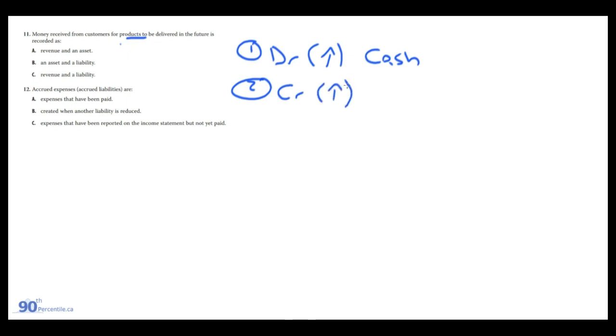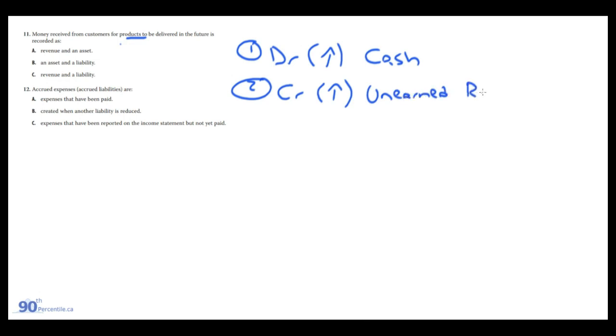Money received from customers for products to be delivered in the future is recorded as revenue and an asset, or an asset and a liability, or revenue and a liability. So what's happening here? We're receiving cash in advance so we can work out the transactions. And the first thing we're going to do is debit or increase cash. And then because they're paying in advance for products, in this case, that haven't been delivered yet, it's actually a liability. So we're going to credit, which is an increase to a liability. We're going to credit unearned